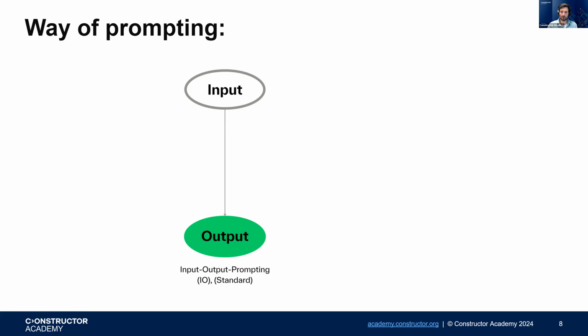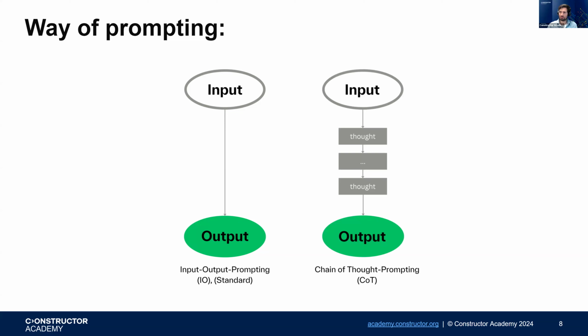There is also one specific way of prompting that is called COT, chain of thoughts. It means that we want our model to go through some step-by-step guide before it gives us our output. Okay, so